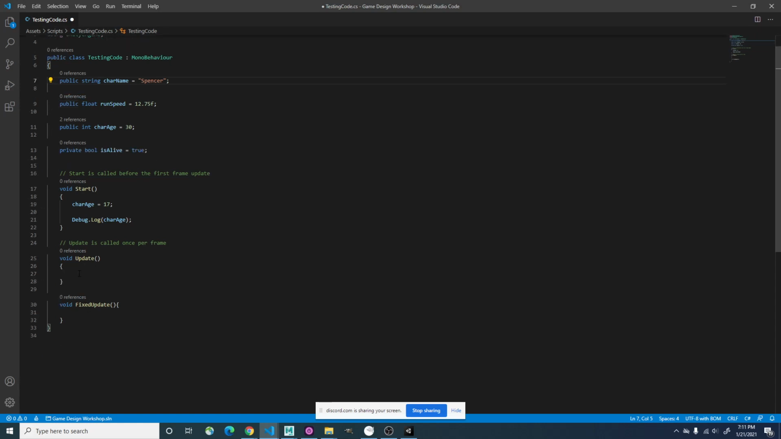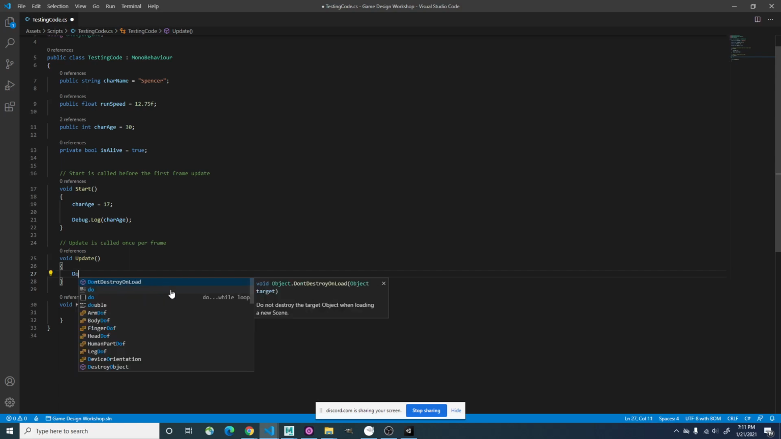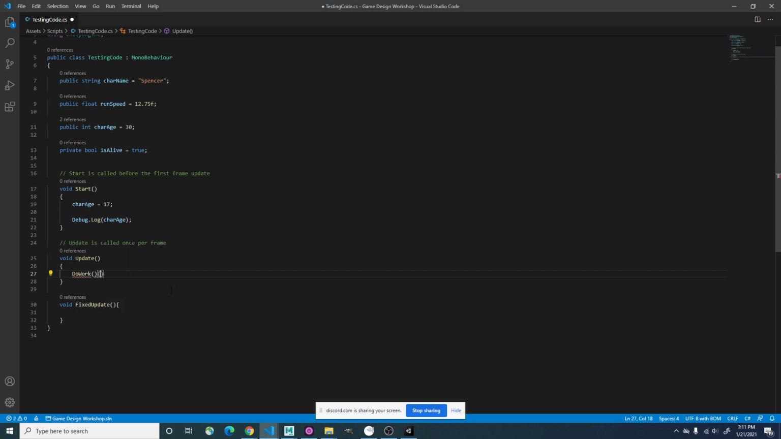So if we had a function inside update called do work or something. See, now if I hit enter, it tabs it over automatically. So now I have a function inside a function, and everything's tabbed over again. And that way you can easily see where the curly brackets are too. So if I hit enter here,